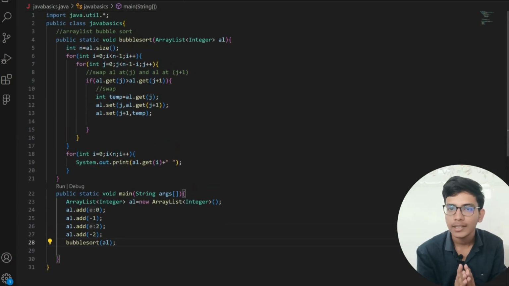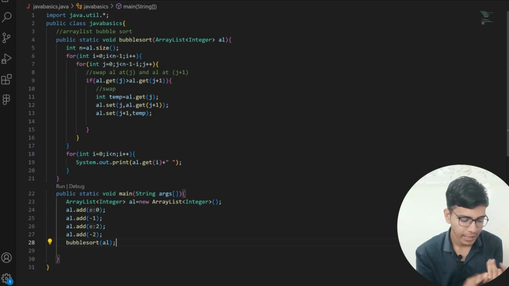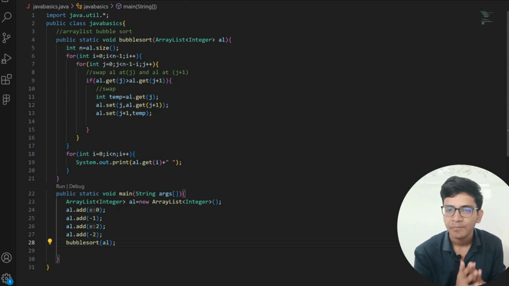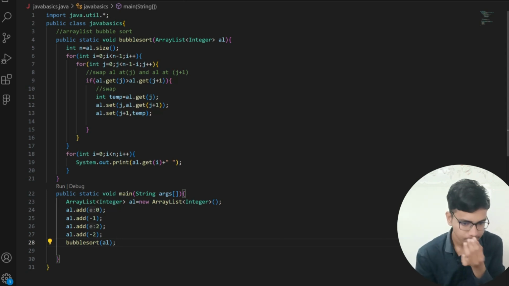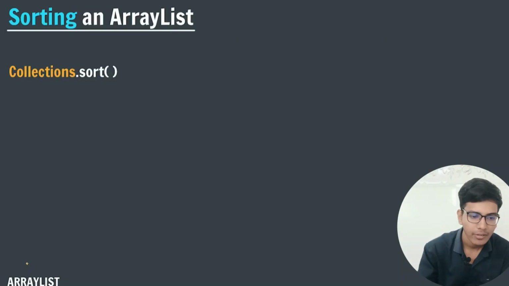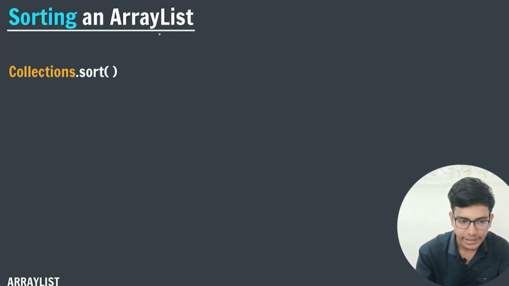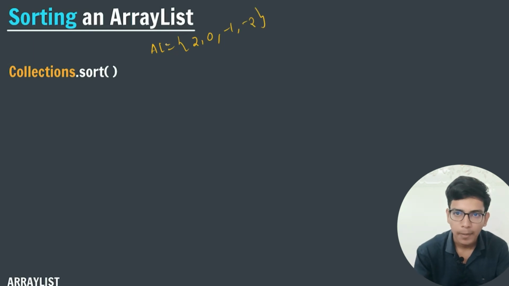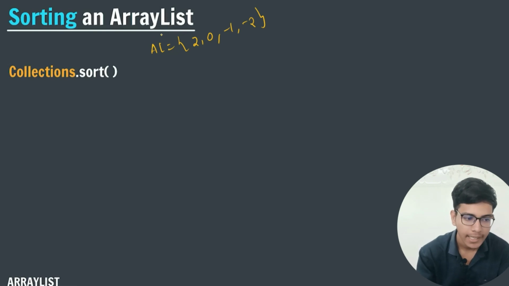Now there is an inbuilt technique. In ArrayList, we have an inbuilt sorting function, right? Similarly, we have a method to use the inbuilt function. Let us see what method we will use. Suppose we have an array list AL equals 2, 0, -1, -2. If we want to sort this without applying any sorting technique, using inbuilt functions, then we will write